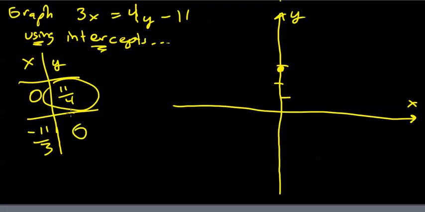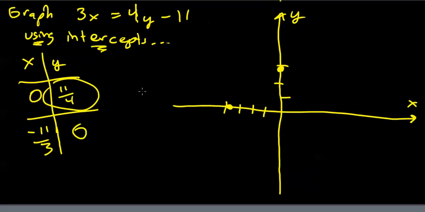What about when y is 0? When y is 0, I'm on the x-axis, minus 11 thirds. Well, minus 12 thirds is equivalent to minus 4, so we're not quite at minus 4. We're actually a third to the right of minus 4 on the x-axis. So again, minus 4 puts me about here, and I'll just graph my x-intercept a little bit shy of minus 4